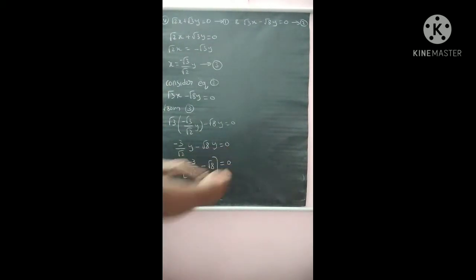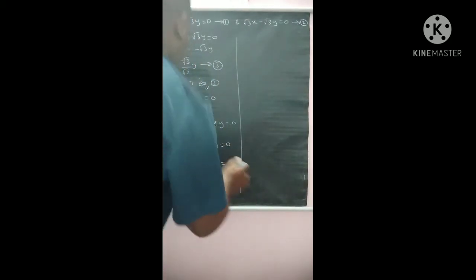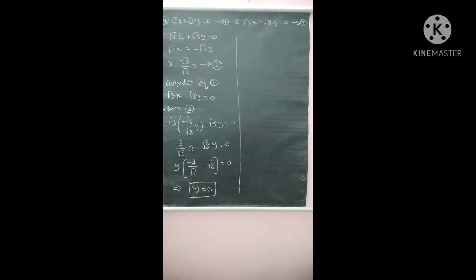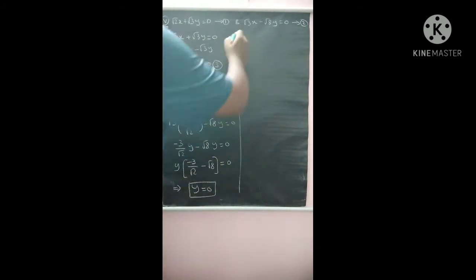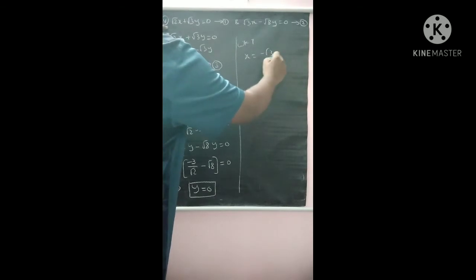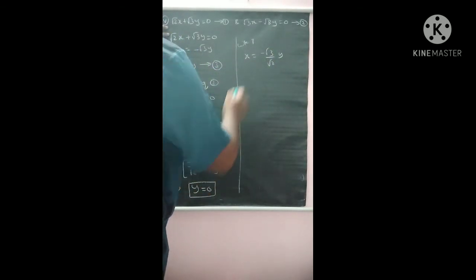Here y into some value equals 0. When this total value is transposed to the RHS, finally you will get y equals 0, because 0 by anything becomes 0. Whatever the simplification may be, it will become 0. So minus 3 minus root 2 into root 8 means root 16, that is 4. Anyway you will get some value; if it is transposed it will become 0. And we know that x equals minus 3 by root 3 by root 2 by.